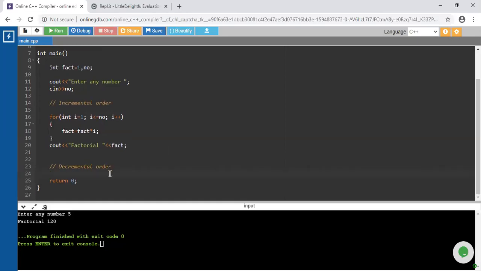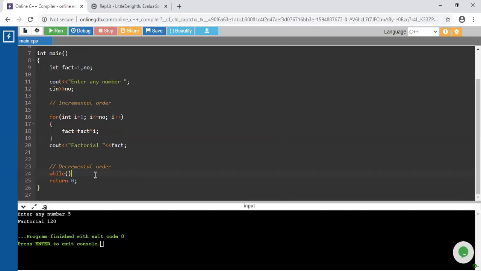Shall I use a while loop here? If you are done with the for loop, I will show you with the help of the while loop, because again we will cover two different iteration loops once more. So here, in this case of the while loop, what is the syntax for while, guys?